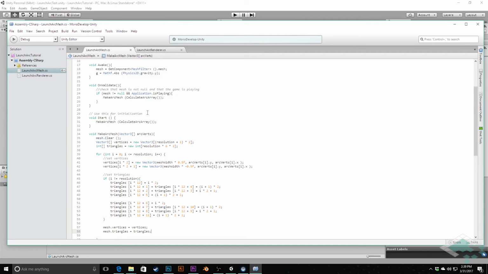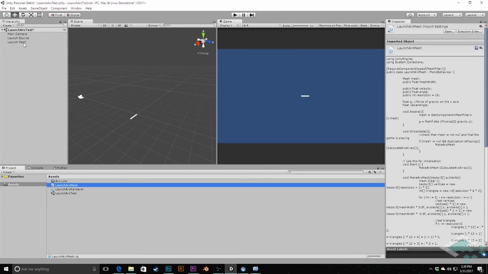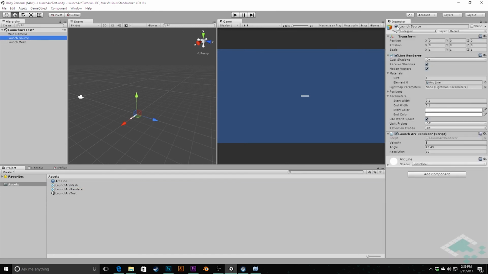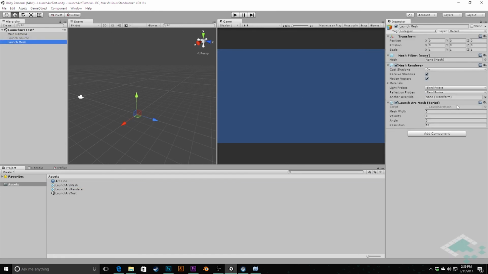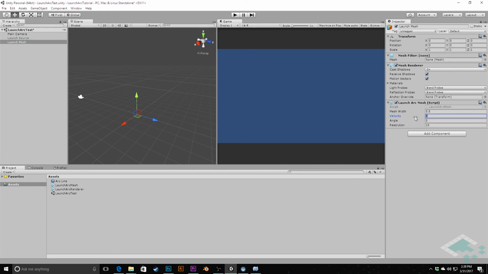So with all this information, we should be in a good place. If I jump back here now, go to our launch mesh, I'm actually going to turn off our launch source for right now. Let's give it a width of about 0.5. Velocity, what do we have for our information up here? It was 5 and 45, give or take. So velocity of 5, angle of 45. If I hit save here and hit play, what we should see is we'll get the mesh populating here, and we will see